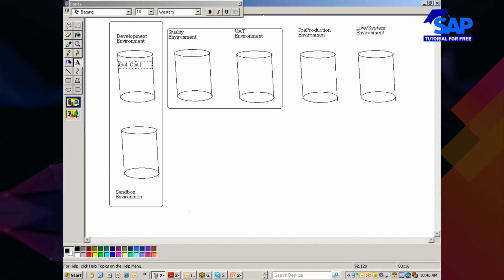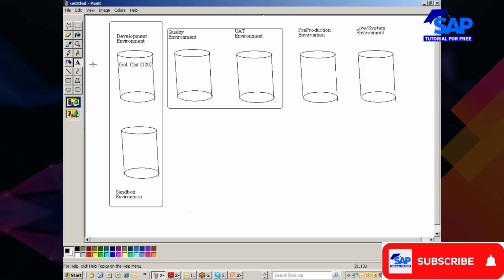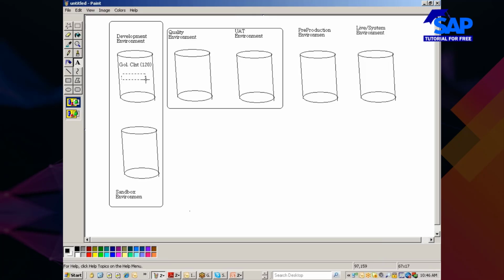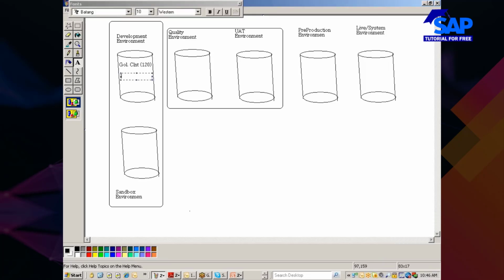I would say 120. This is my client number. I'll just put it this way. Control C. And then let's say I have the development client CLNT 150.